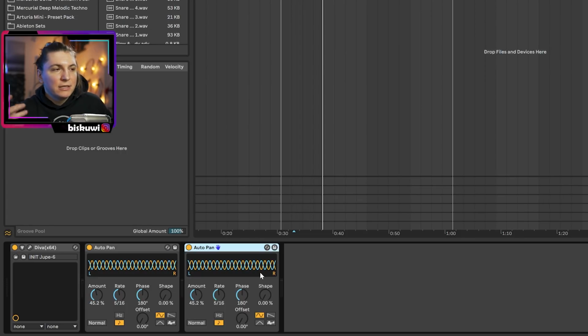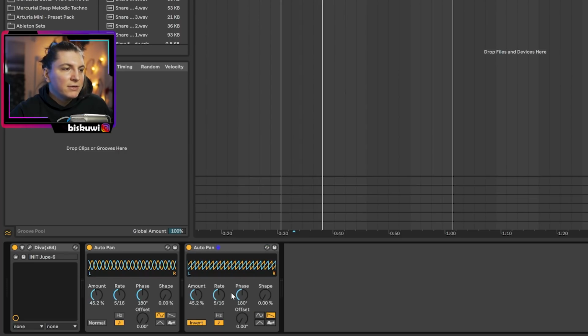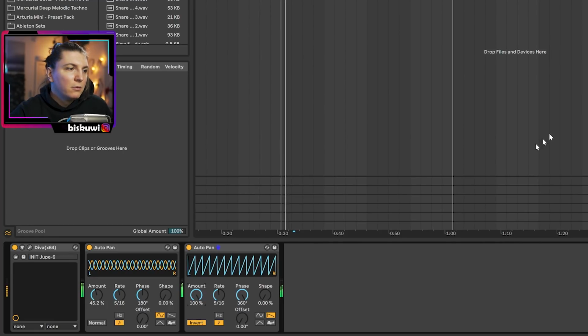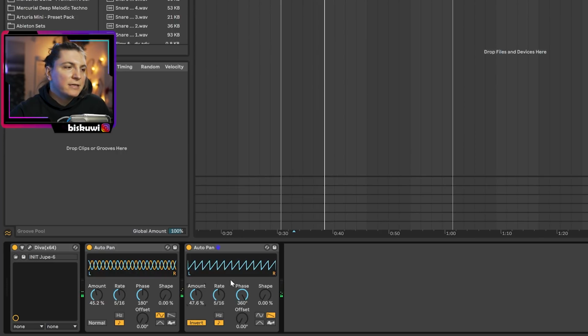And there is another auto pan. Of course, probably he's not using auto pan, but this time it was like a sidechain. What I'm going to do is just use this inverted version and put a triangle, and put the phase all the way up so that we have this single knob. So if I put it at 100%, you will see the effect immediately. It will automate the volume. So we will decrease the amount so that it's not that much all the time. And together with the track,